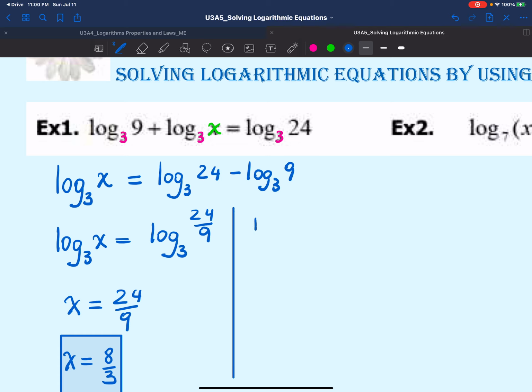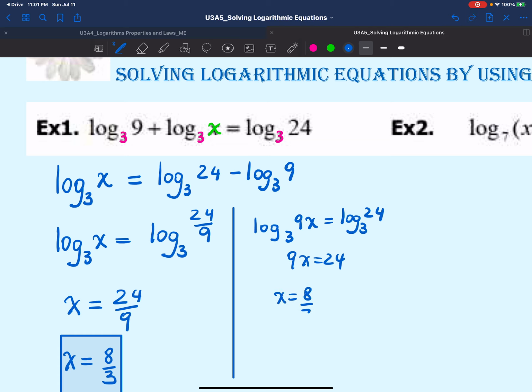That will make log with base 3 of 9x, that's the product law, equals log with base 3 of 24. The whole idea is to minimize the number of terms and be able to combine the logs with the same base. 9x equals 24, and we'll arrive at the same solution,